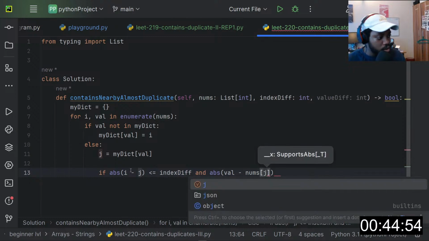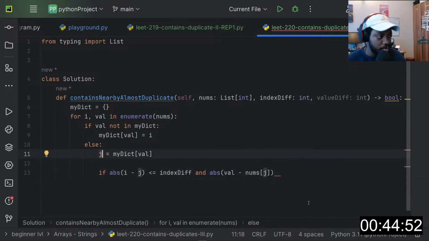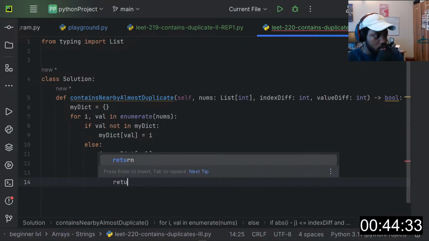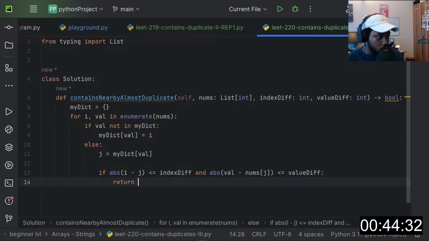Now j will return an index, right? Remember, j will return an index, and we'll use that index here. If this is less or equal to value diff, then we return true.